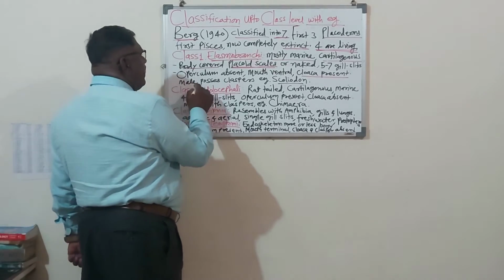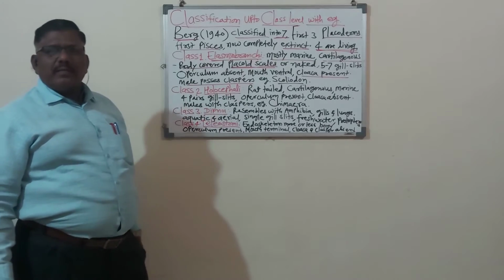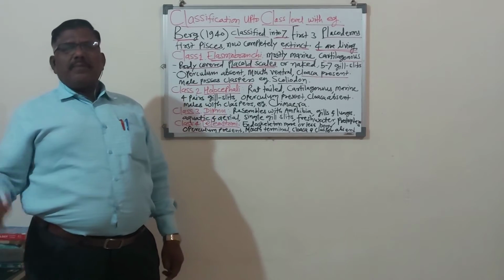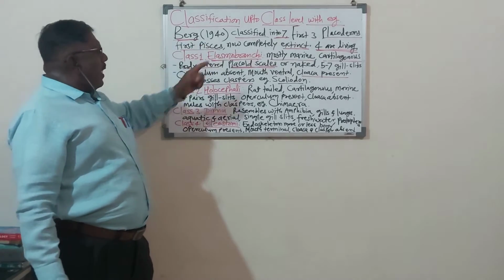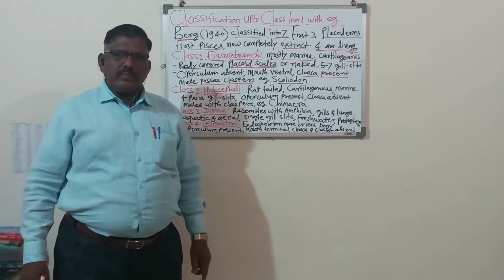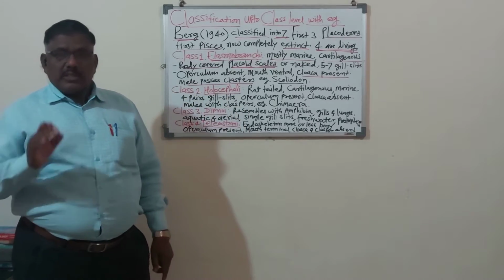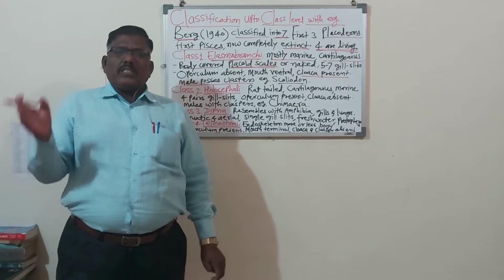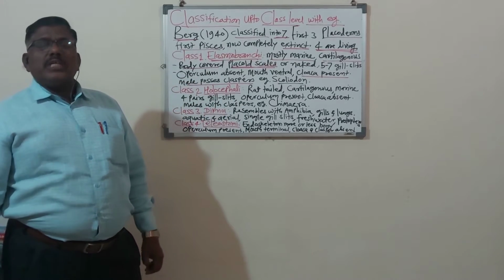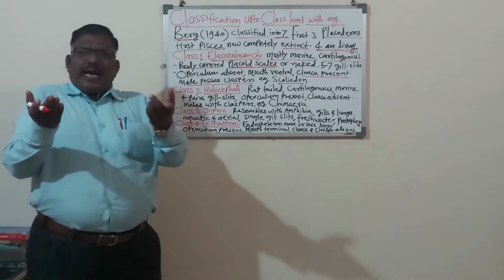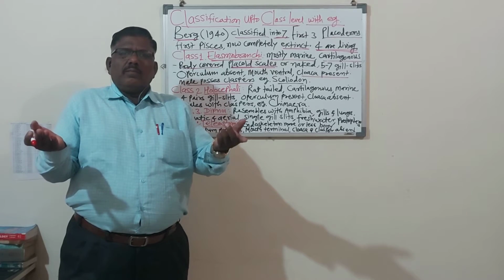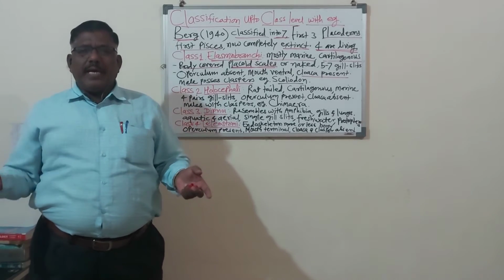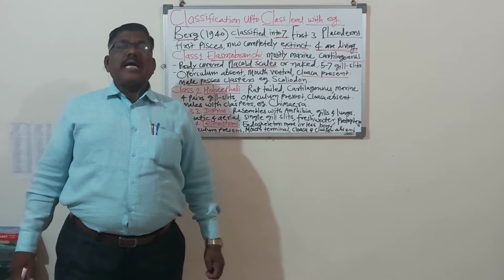Now male and female are different. Generally in the Pisces, freshwater Pisces, we cannot identify the male and female. But in the marine water fishes, in the elasmobranchi, male and female we can identify, means sexual dimorphism is present. जेव्हा आपण मेल आणि फिमेल एक्सटर्नल कॅरेक्टरवरून ओळखू शकतो, हा नर आहे का मादी आहे त्याच्या बाह्य वैशिष्ट्यावरून आपण जर ओळखू शकत असेल तर त्याला म्हणायचं सेक्शुअल डायमॉर्फिझम प्रेझेंट. आणि आपल्याला जर काही आयडेंटिफिकेशन होत नसेल हा मेल आहे का फिमेल आहे, externally we cannot identify which one is the male and which one is the female,